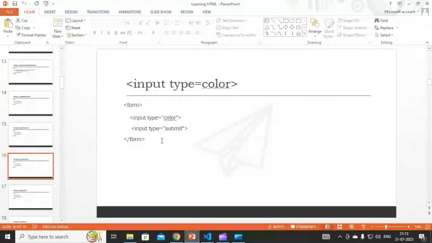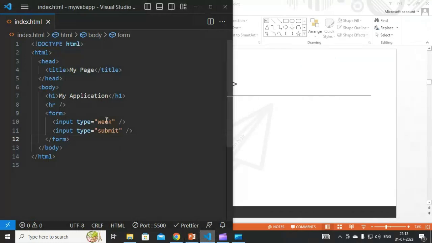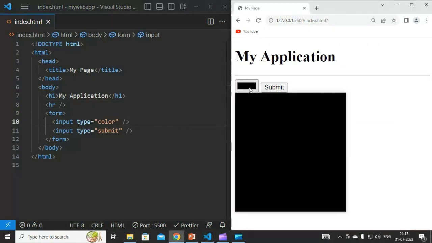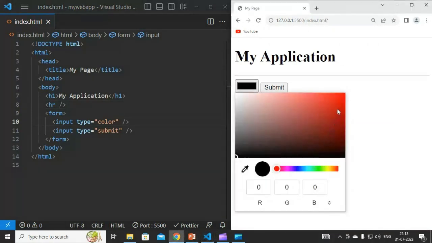Okay. And then we have a color. That means if you want to give an option for the user to choose a color, you might have seen in some browser or some application where you can pick a color, right? So you see here, now I click here, I get this kind of interface where I can choose a color